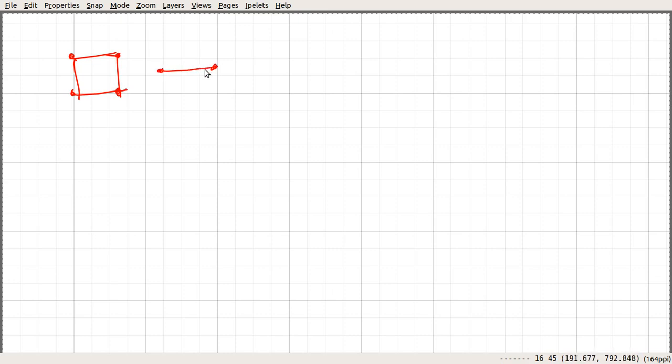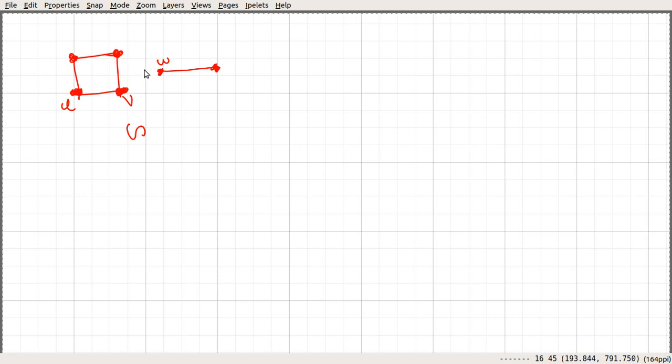Okay, so consider this graph, and let the graph be G. Suppose that these two vertices are, say, U and V, and this vertex is W. In this case we can see that this graph is a disconnected one, because it is not possible to find a path between U and W, or V and W. So this is an example of a disconnected graph.